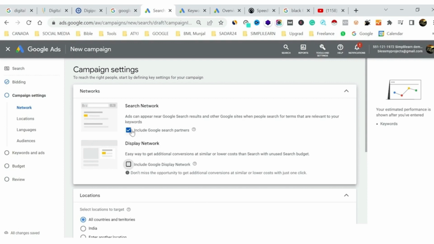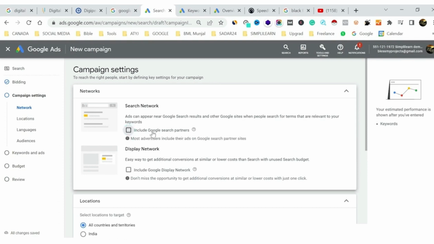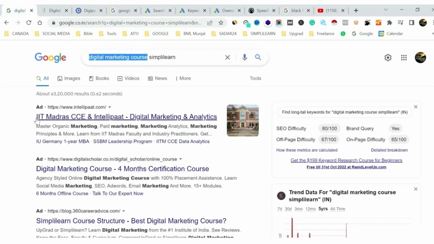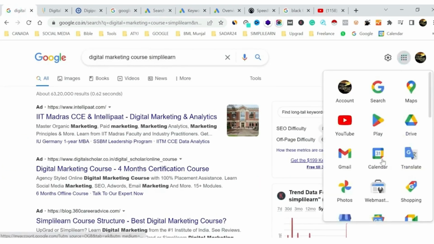We don't put on our search partners too, because that is again going to lose the visibility. Search partners are like ask.com, AOL, NewYorkTimes.com. Okay, so again, it is my strategy that I don't want to increase the visibility outside Google. I'm very happy in showing most of my impressions around Google only, or either on Google widgets like these, wherever the text ad has a possibility.